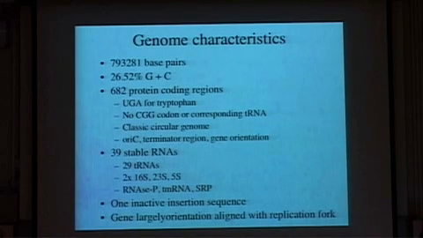The codon usage is a little unusual. TGA codes for tryptophan, and CGG is an unused codon. It's not used in any of the protein coding regions in the organism, and the tRNA is missing, as I